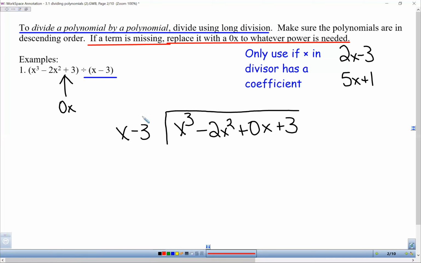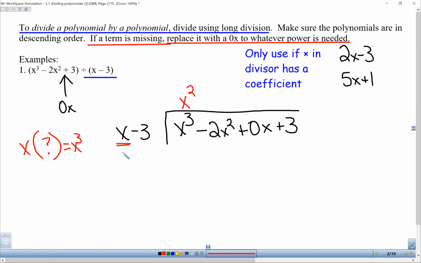So the difference here is we're only going to start with just the x. We'll let the 3 hang on for a while, and we'll get back to it later. So the way you need to think of this is a little different. Before, you would look at it and say, okay, how many times does x go into x to the third? Well, x goes into x to the third 3 times, but that's not going to give us what we need. The way you should think of this is, what do I need to multiply x by to get x to the third? So x times something is equal to x to the third, okay? And that something, so we have 1x, we need 3 of them, so that something is x squared,